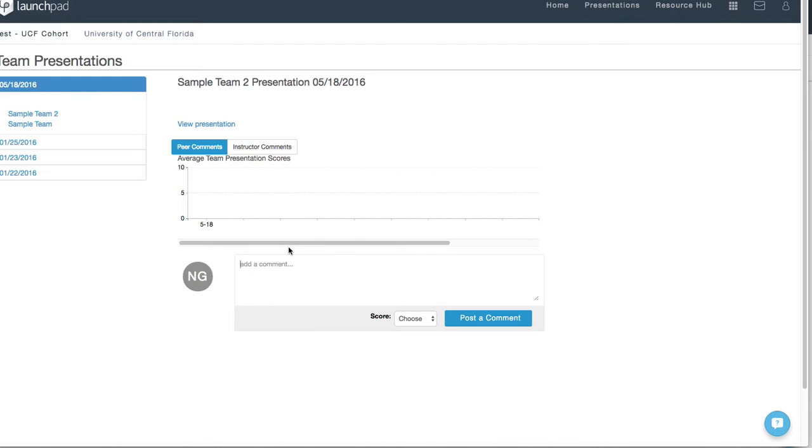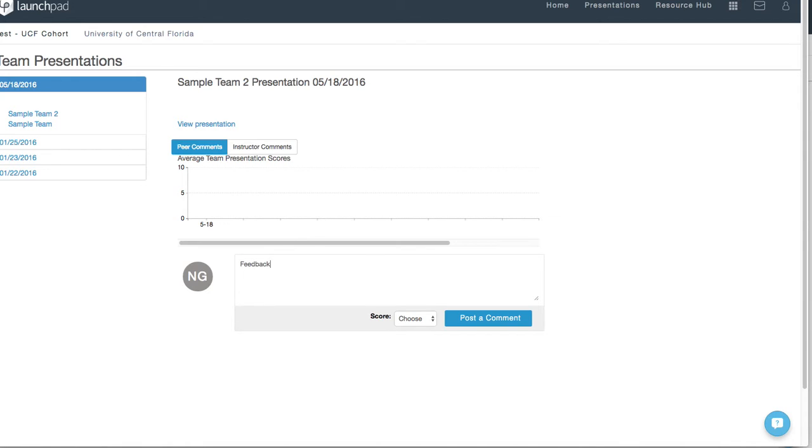So typically we don't have a lot of time for interrupting the presentation and doing a lot of talking. So because of that limited time, comments are a great way to make sure that your feedback as a peer is given. So each and every single individual should be logging into each team's presentation section and leaving comments and